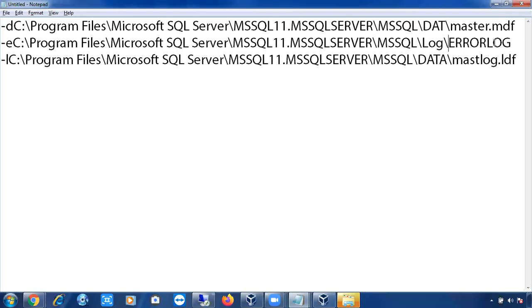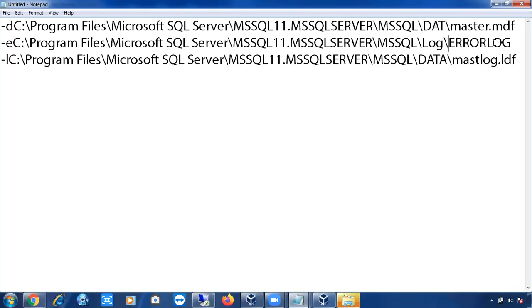When you return the books, you write everything in the logbook, right? In the same way, we have the error log. SQL Server will write everything to this error log file. When the machine has started, which database comes up, which database doesn't come up, which login is having issues, everything will be written to the error log file. So this will help you troubleshoot the instance, and find out why the instance is not starting.